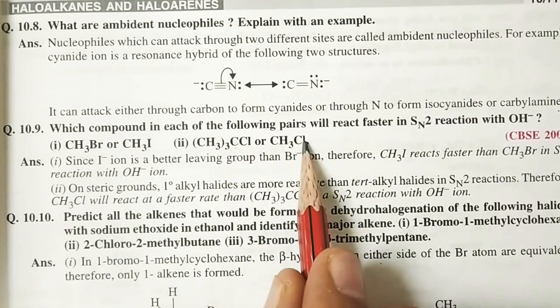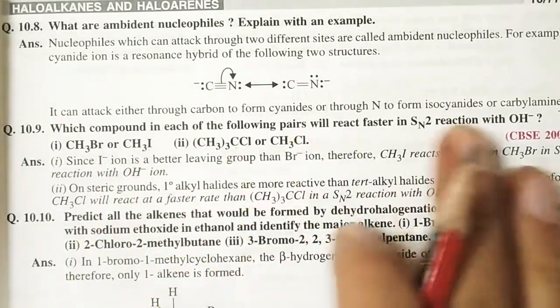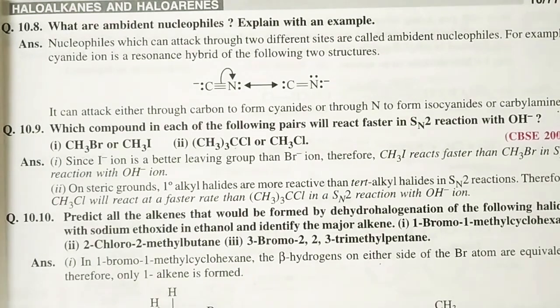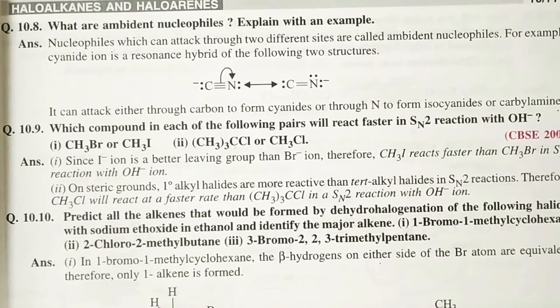So our answer is methyl fluoride. Okay, fine. Next, 10.10. In the case of 10.10, predict all the alkenes that would be formed by dehydrohalogenations